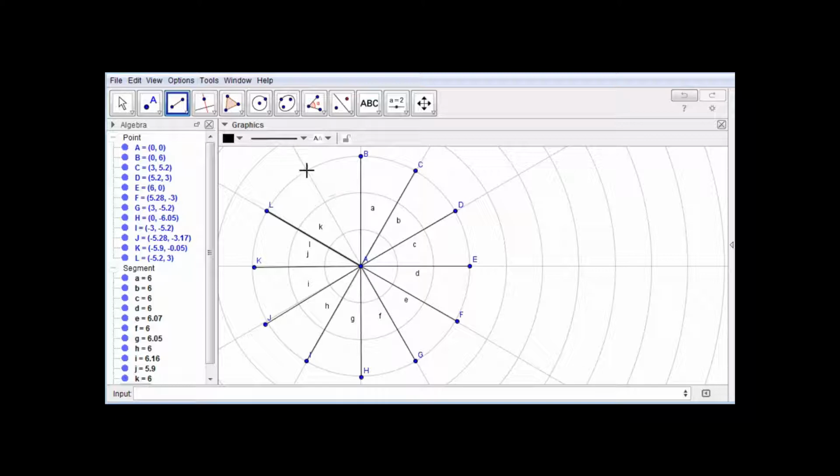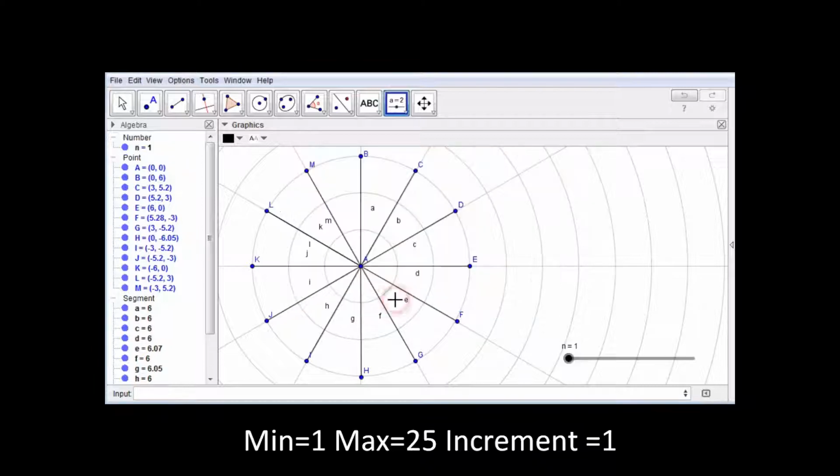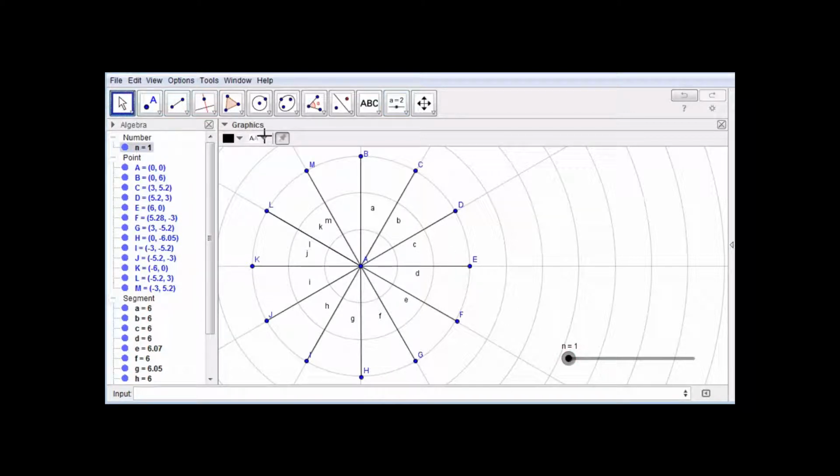And then let's select move and fix this. Okay, and then let's make a slider. So click slider and click anywhere on the screen, name it N, set the minimum to 1, maximum to 25, and the increment is 1, and then apply. Change the color of the slider. So click the slider and